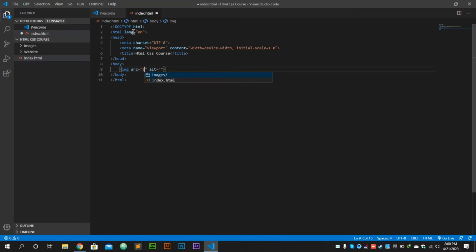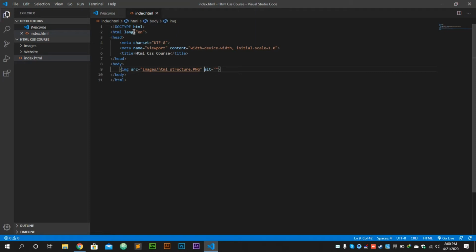There I will add the images folder name, and enter my file name which I want to link and show in the browser.